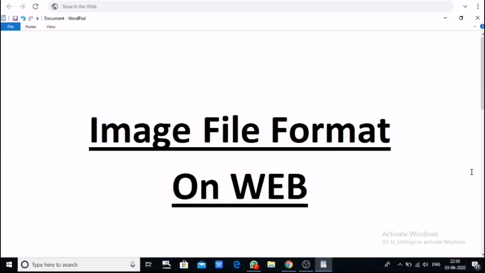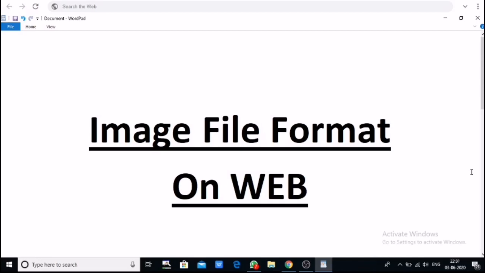So we have covered the image tag, but a few things are left with it. One is what are the different formats supported on the web, and one more thing is the inline image. What is an inline image? It means alignment of the image.